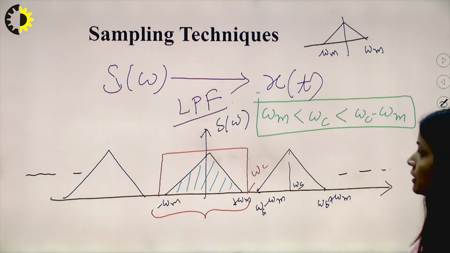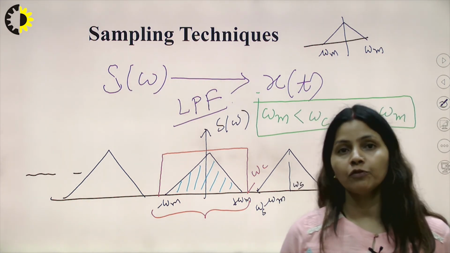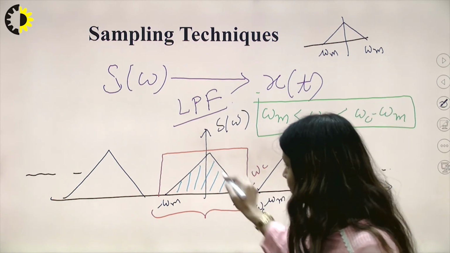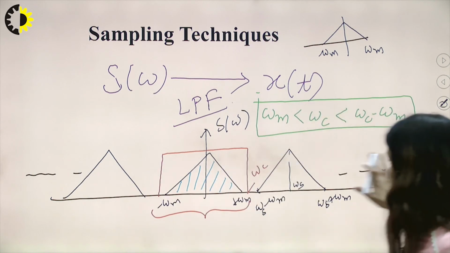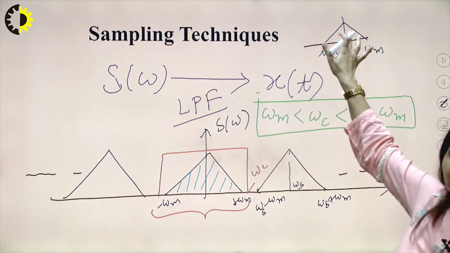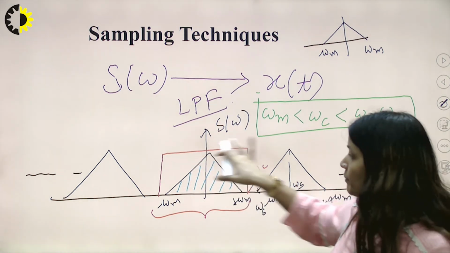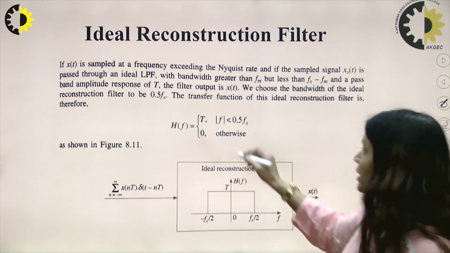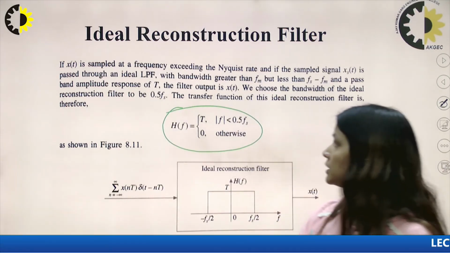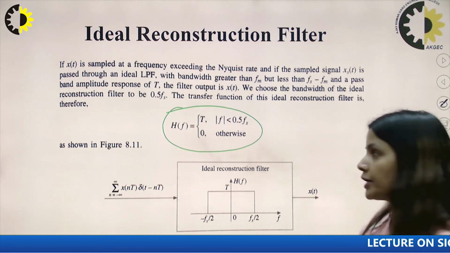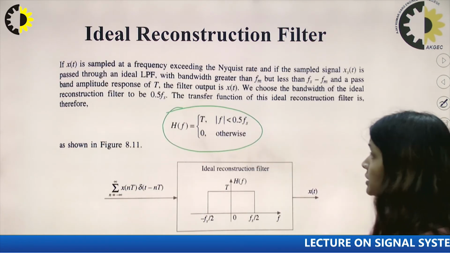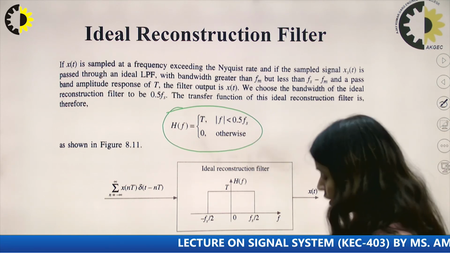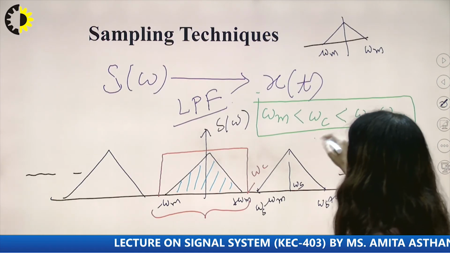Hence I need to be very careful in selecting the frequency for the low pass filter. And why am I using this low pass filter? Because I am interested only in my original spectrum out of these parts. So I am applying this low pass filter as a reconstruction filter, and this condition would be satisfied only when the mod of f m is less than Fs by 2. See here, if I put f equal to Fs by 2, then this condition is verified.